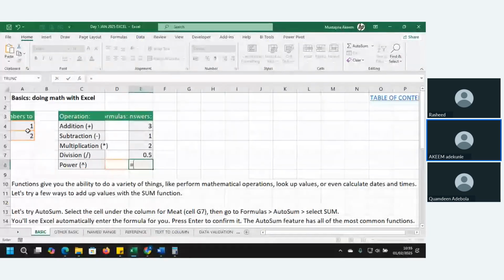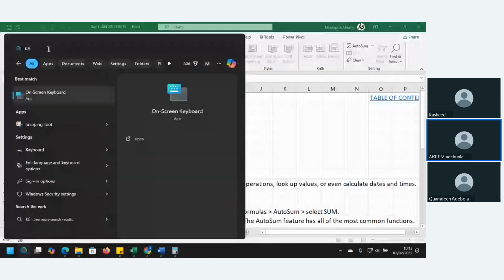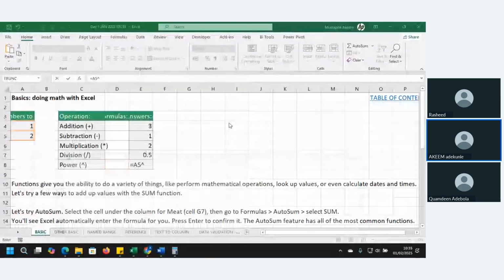Then the last one is raised to power. Equals to 2 raised to power, you can find that on 6. You press shift and 6. I mean the 6 at the top, not the side: some keyboards have numbers on this side also, but we are not talking of this side.